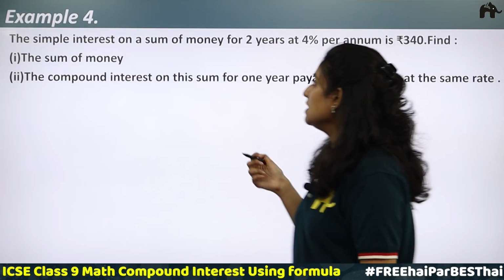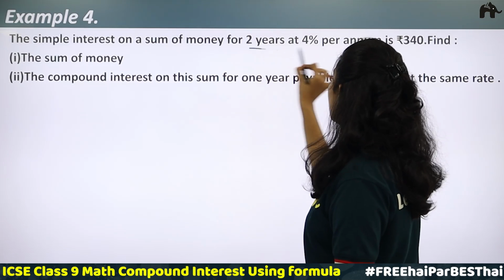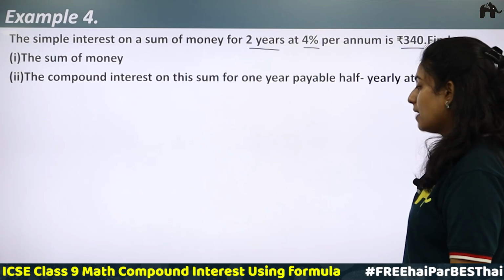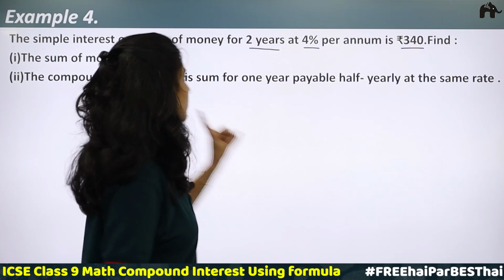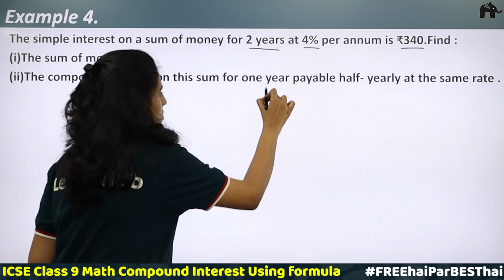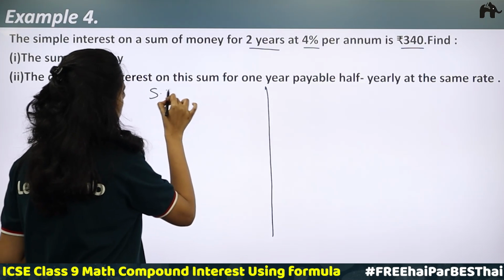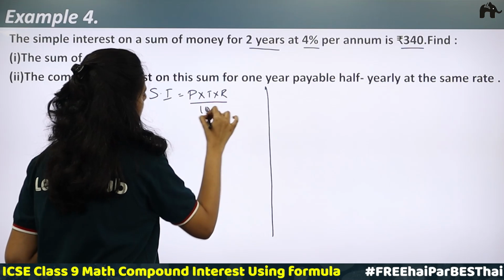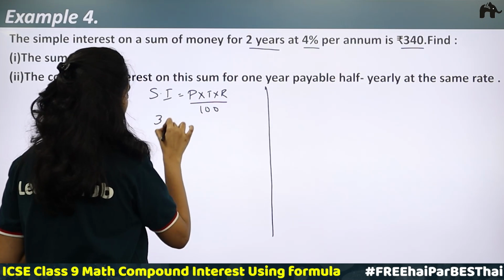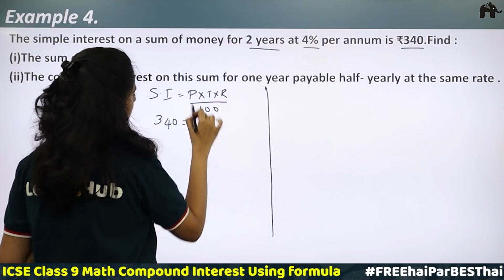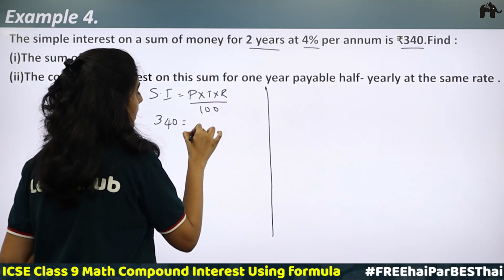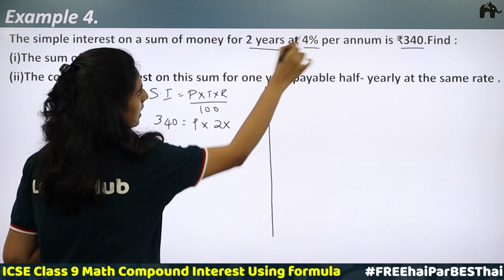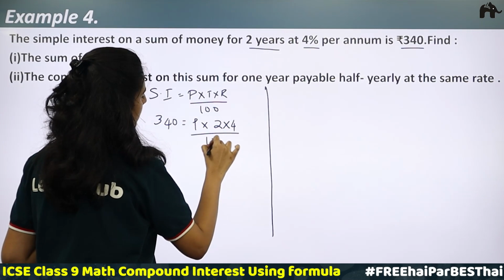Example 4. The simple interest on a sum of money for 2 years at 4% per annum is rupees 340. Find the sum of money. So, here what is given? The simple interest is given. We know simple interest is equal to principal into time into rate divided by 100. Here the simple interest is given, 340 is equal to, we have to find the sum, which means we have to find the principal. Time is given 2 years, rate is 4% divided by